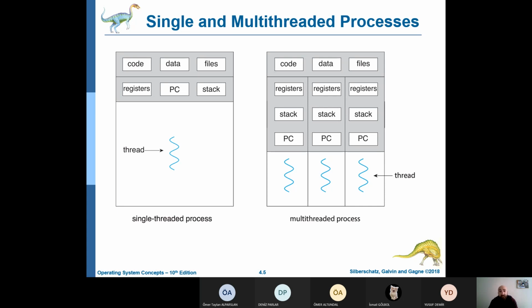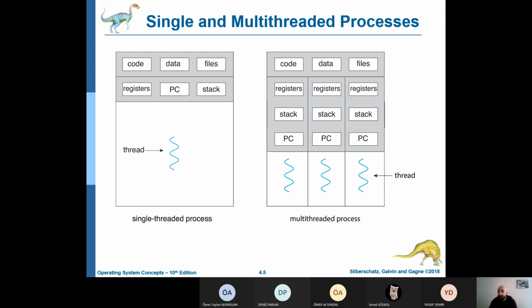A thread is a basic unit of CPU utilization. It consists of a thread ID, a program counter, a register set, and a stack. It shares with other threads belonging to the same process its code section, data section, and other operating system resources such as open files and signals.